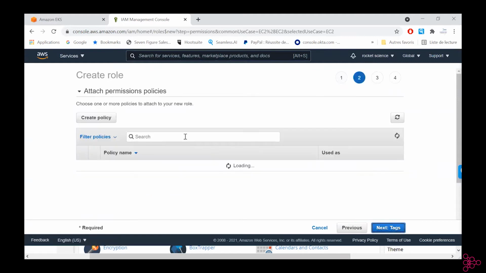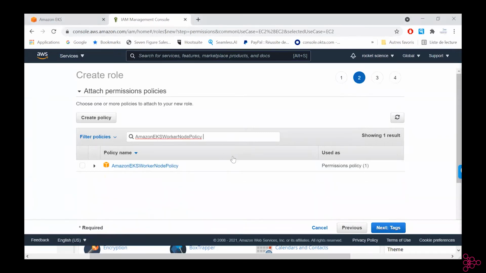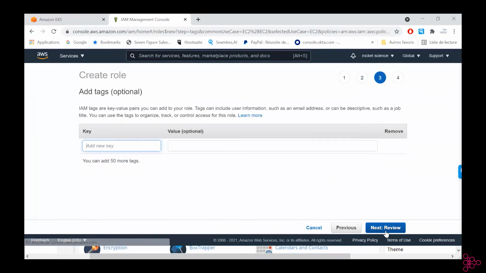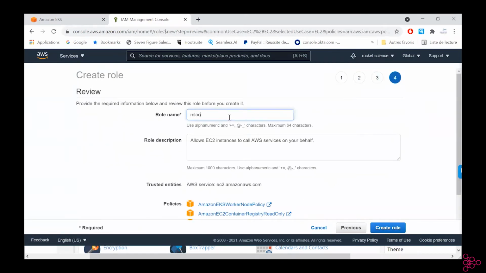Next. Then enter the three roles that we have and select them. Awesome. And then click next, tag, next, preview, then enter the role name that you want to add. And then create a role.